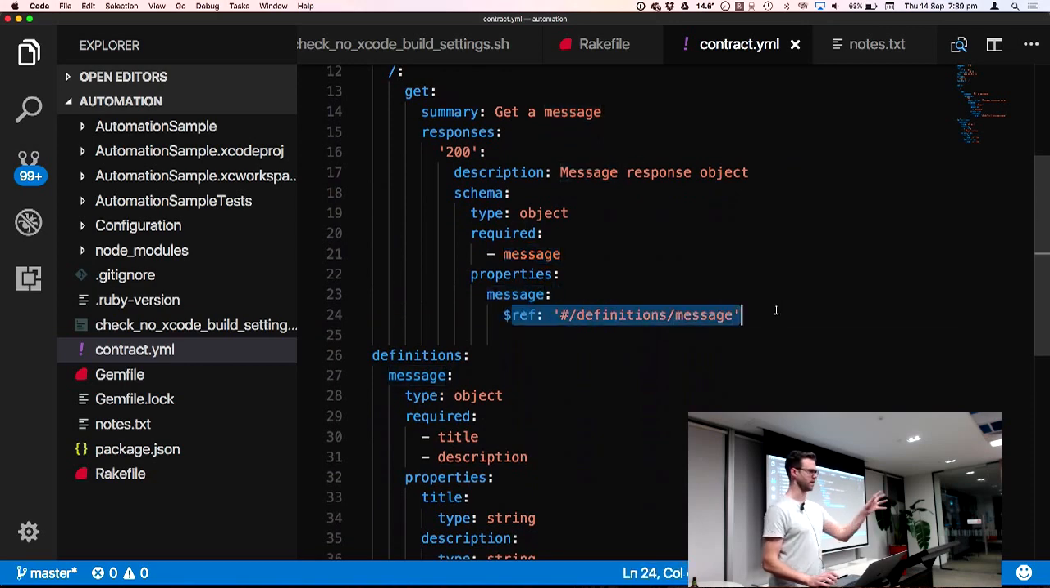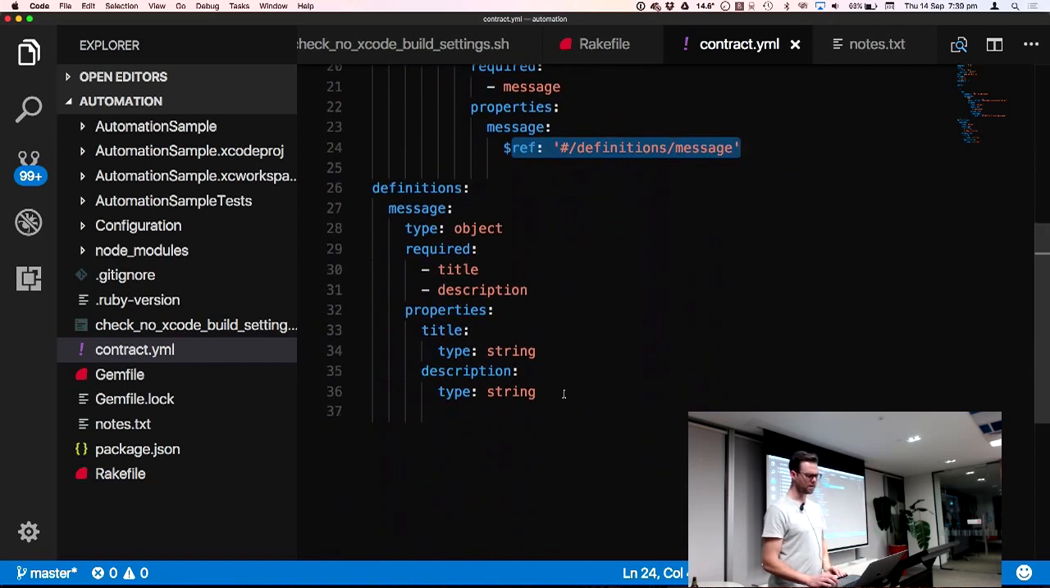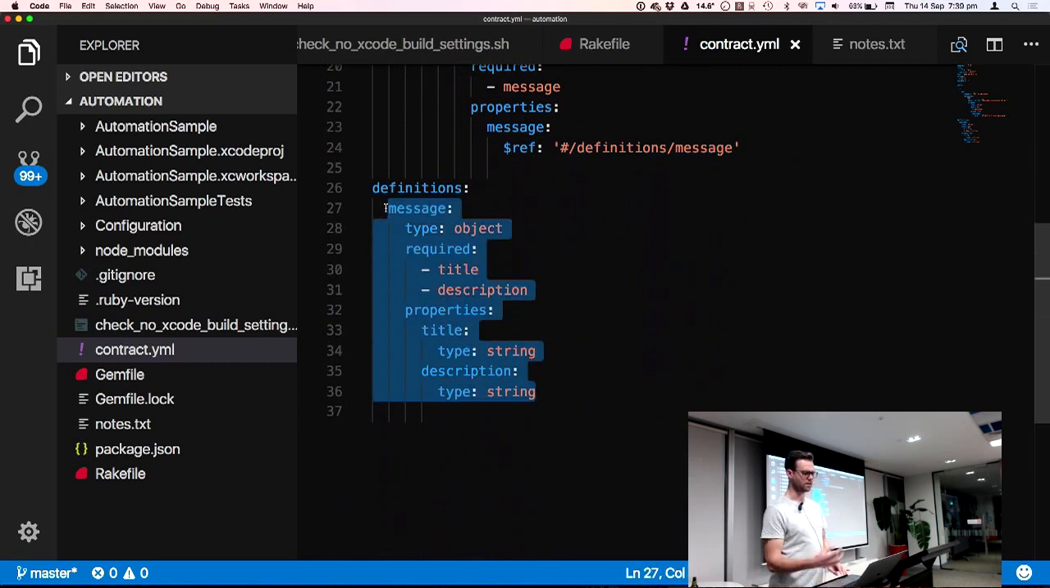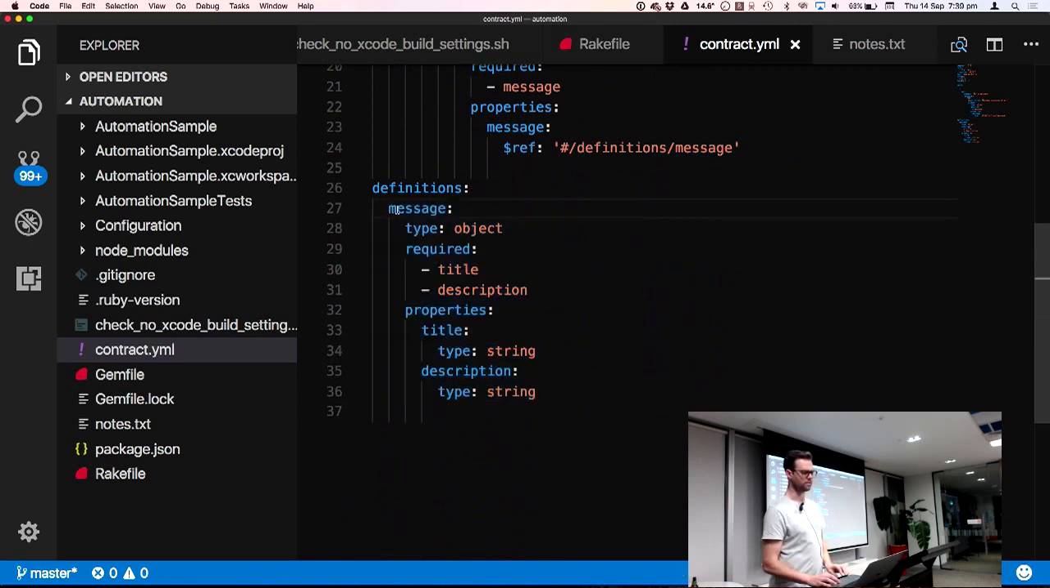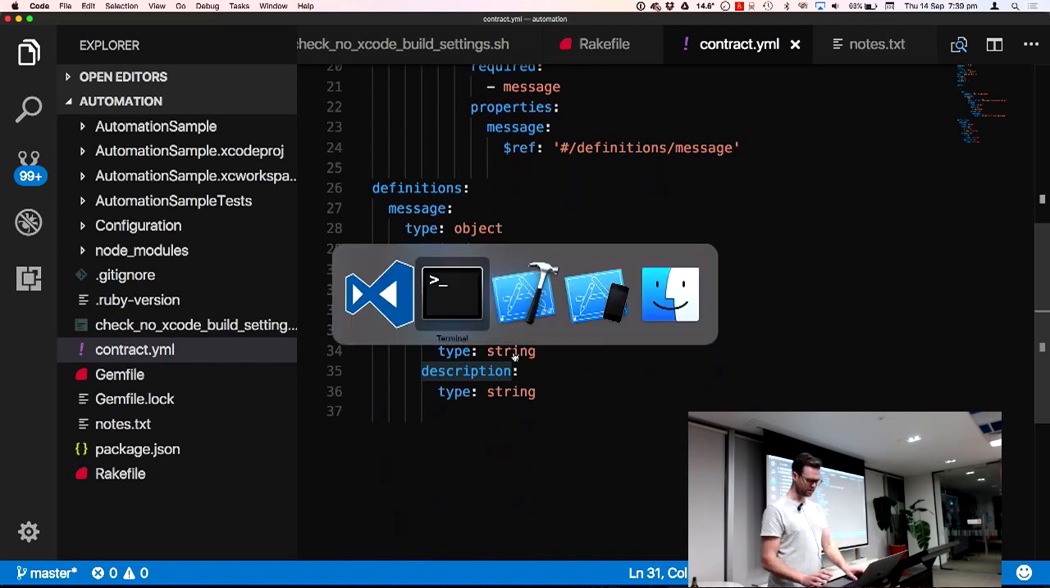I won't go through all the Swagger stuff. I've had a few talks on Swagger. And then you can give different object definitions. So this is the schema for a message. It's a JSON object. It requires a title and a description. And then the title is a string, description is a string. So then we can say